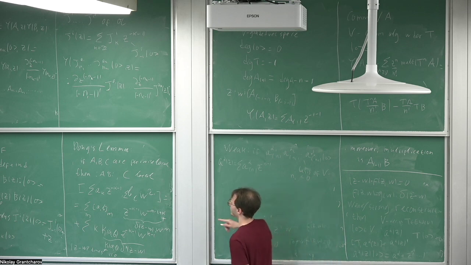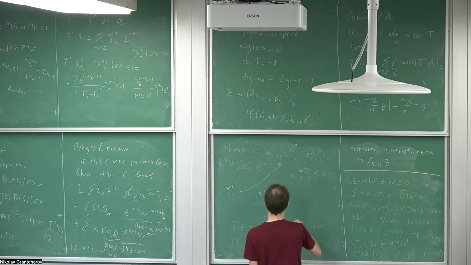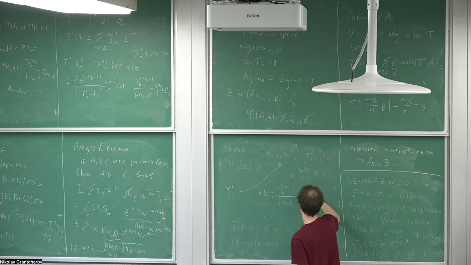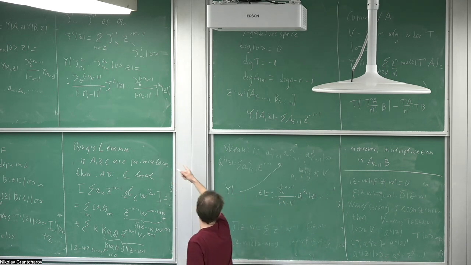In this case, the same formula that I wrote here, that Y of this vector Z is the product of divided derivatives of the fields, exactly the same formula, but in this context,